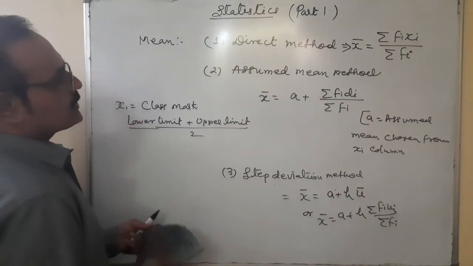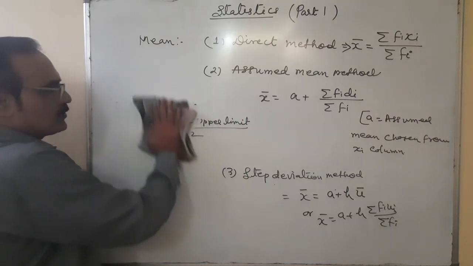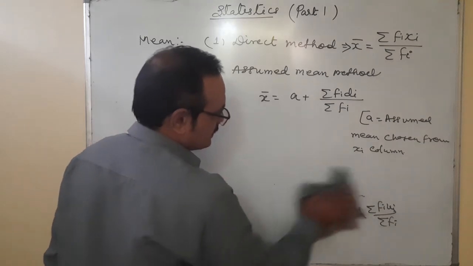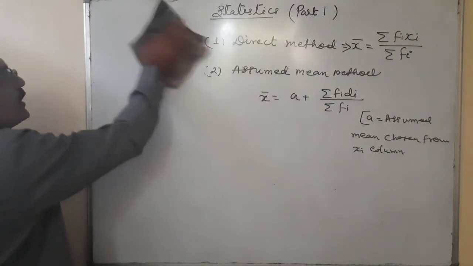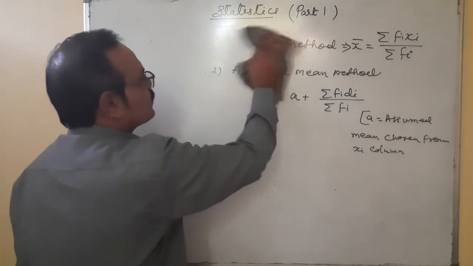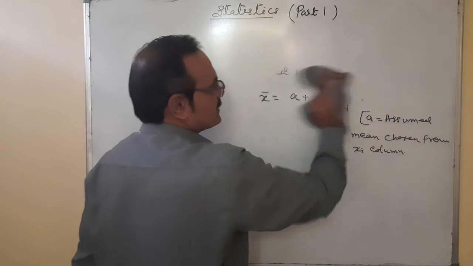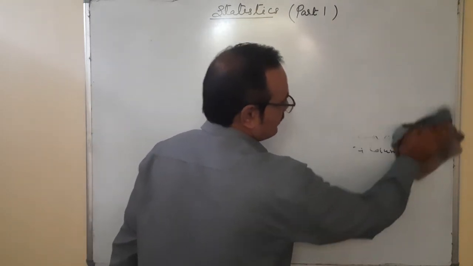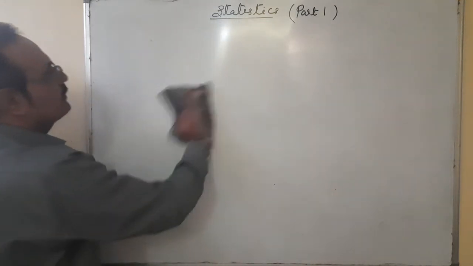So we have these three methods. Now I am taking one question from the exercise, and it will be solved by three different methods. Then you can understand the concept of these three methods and remember their names. By the way, the mean is the sum of all observations upon the number of observations, the basic formula. But whenever grouped data with class intervals is given, we use a formula for finding the mean.